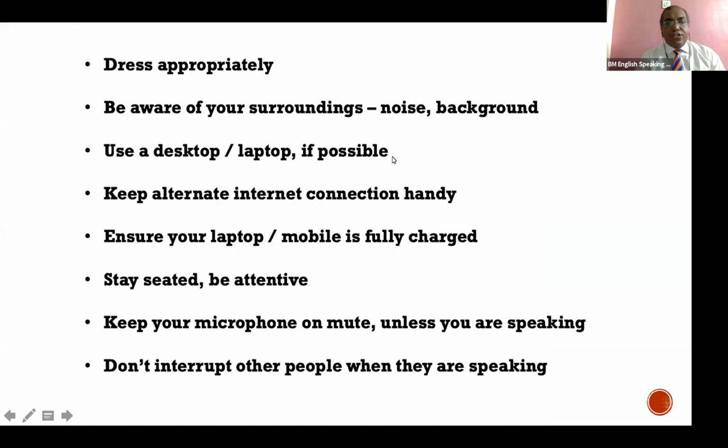So a couple of instructions before we start. Kindly dress appropriately because at times you may start your camera. Be aware of your surroundings, sound, noise and the background that is there. Again, I strongly recommend switching to a desktop or laptop if possible. Keep an alternate internet connection ready, a hotspot, in case your Wi-Fi goes down. Ensure that your mobile or laptop is fully charged, or at least connect the charger if you have not done